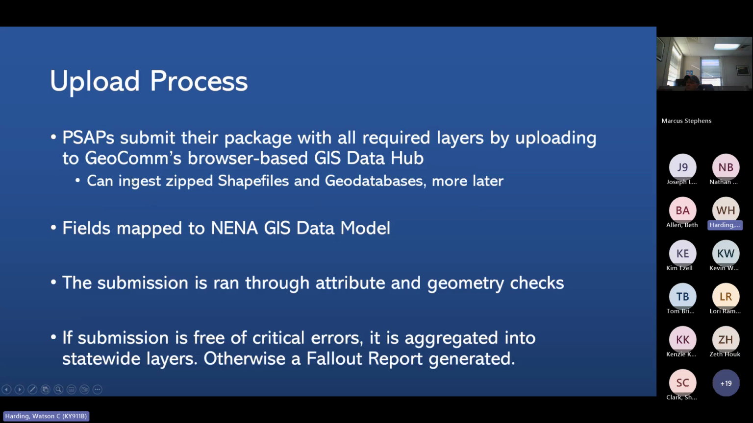Okay. So this can ingest both shapefiles and geodatabases. I'll get a little bit into the difference between those later. And what the GIS Data Hub is doing is it's trying to send every PSAP's data and standardize it into Nina's GIS data model. That doesn't mean that you have to adopt the Nina model in your local PSAP. It just means that there have to be comparable fields that can be mapped during the upload process to populate